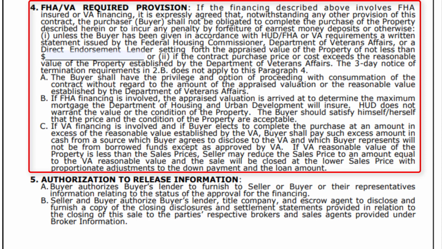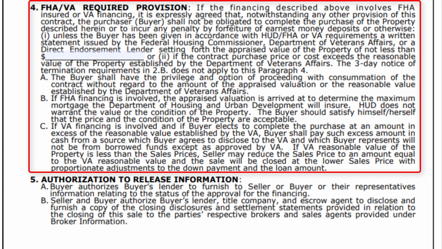So paragraph 4, FHA and VA required provisions. If the financing described above involves FHA insured or VA financing, it is expressly agreed that, notwithstanding any other provision of this contract, the purchaser, the buyer, shall not be obligated to complete the purchase of the property described herein, or to incur any penalty by forfeiture of earnest money deposits or otherwise, unless the buyer has been given, in accordance with HUD or FHA or VA requirements, a written statement issued by the Federal Housing Commissioner, Department of Veterans Affairs, or a direct endorsement letter setting forth the appraised value of the property is not less than, blank,